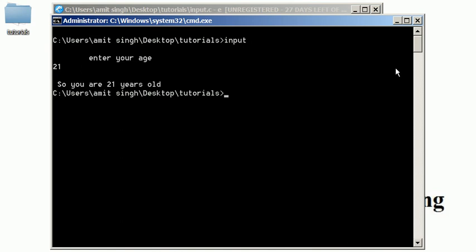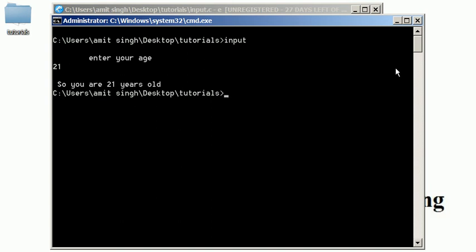So when you are writing code, many times you will get errors, but never lose hope. Concentrate on the program, and always debug your code, and definitely you will find the solution.